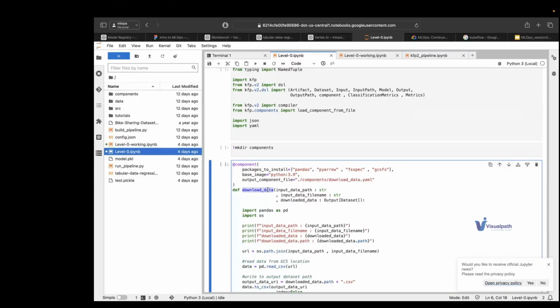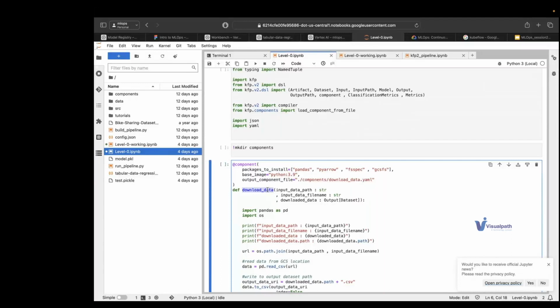Even Databricks, I am sure they do not have any drag and drop thing. So most of the cloud providers allow us to write the code, and only a few cloud providers allow us to drag and drop, but they have very limited functionality with the drag and drop. But with the code, you get entire control: what base image to use, what packages to install, what the internal functions are.